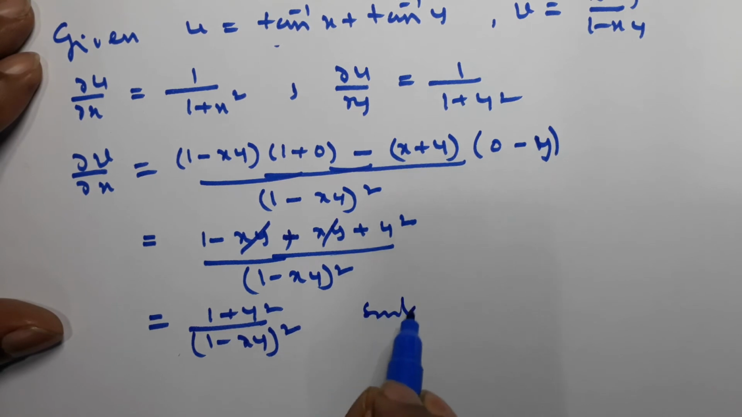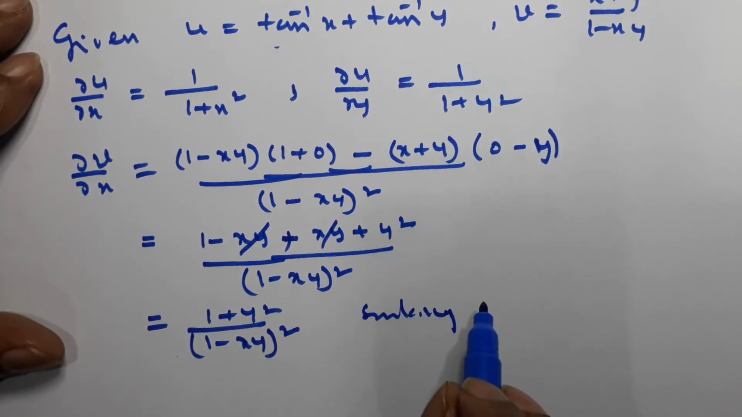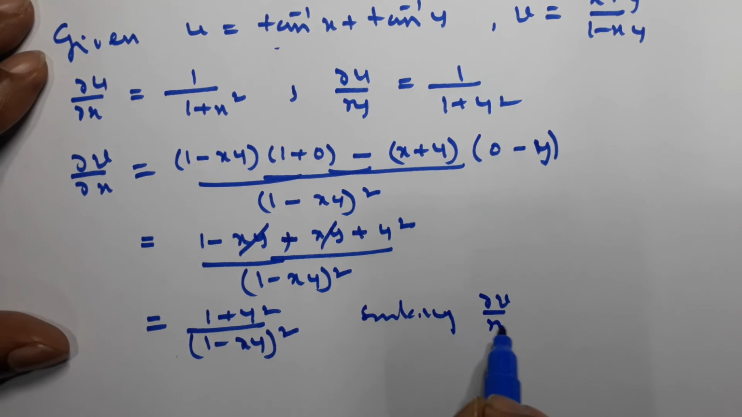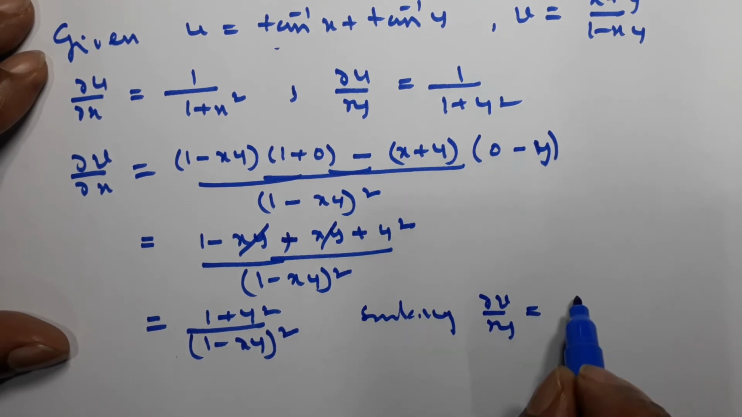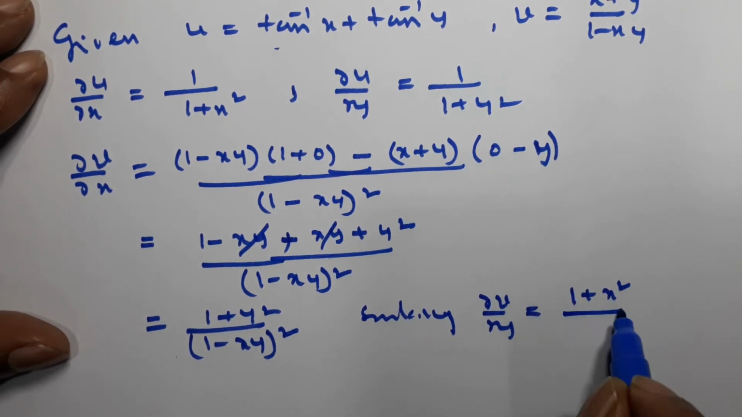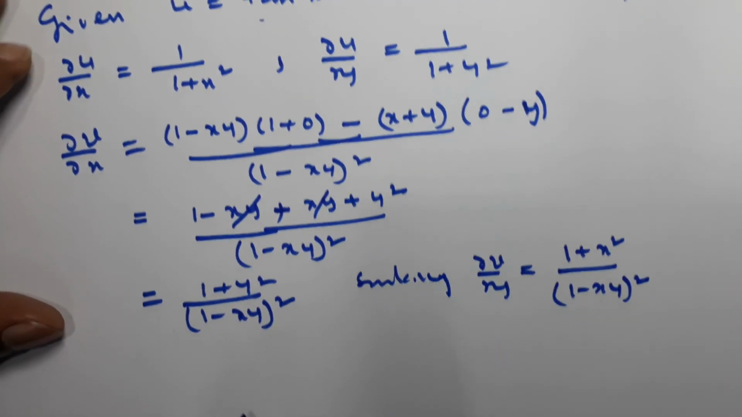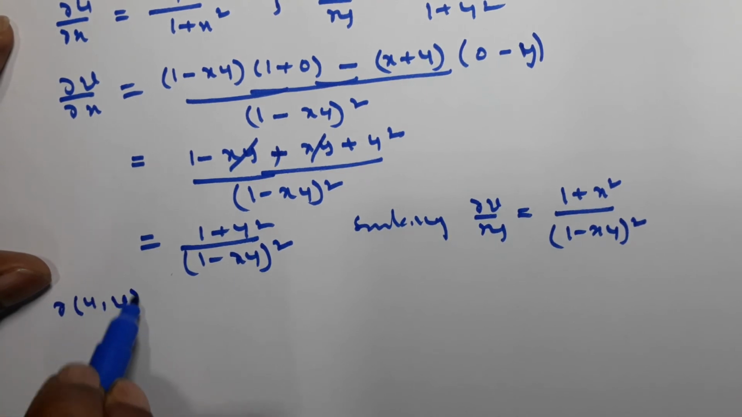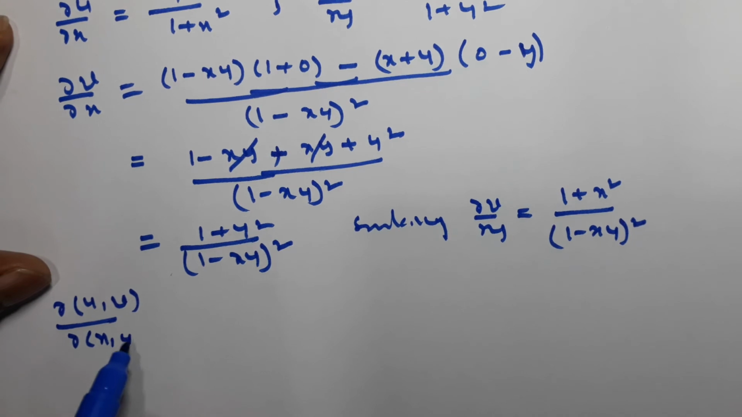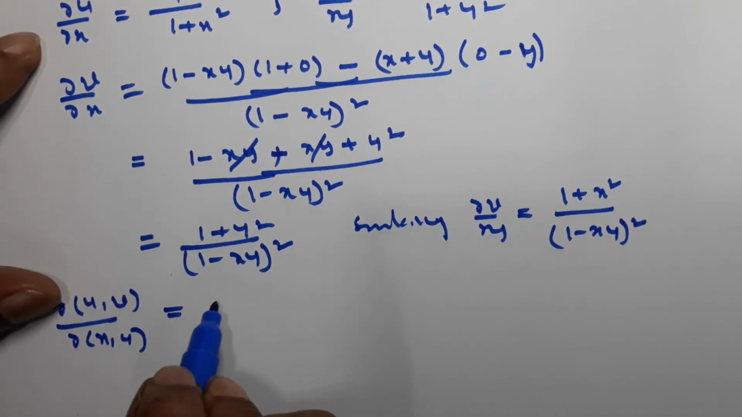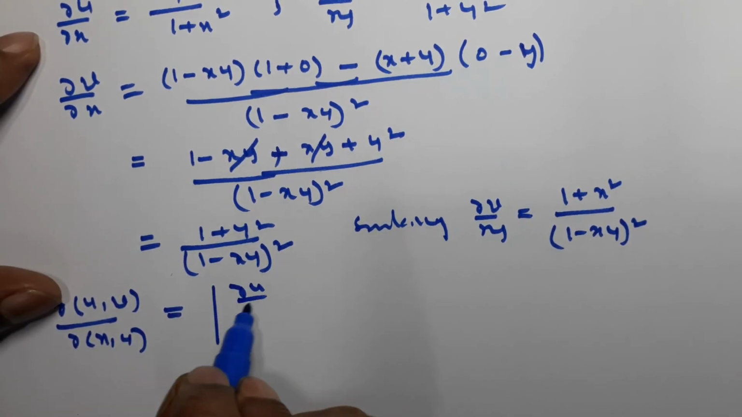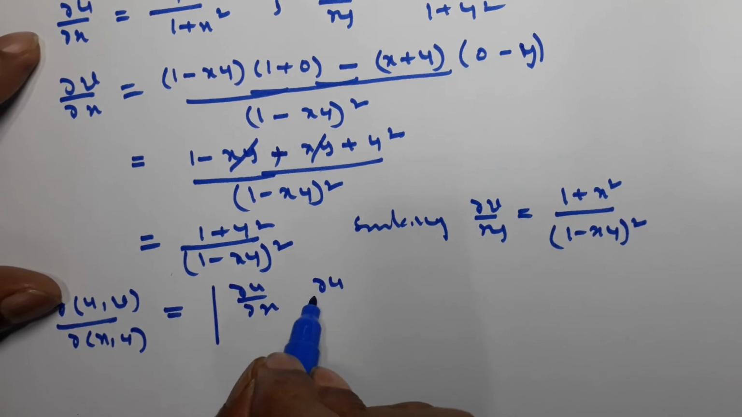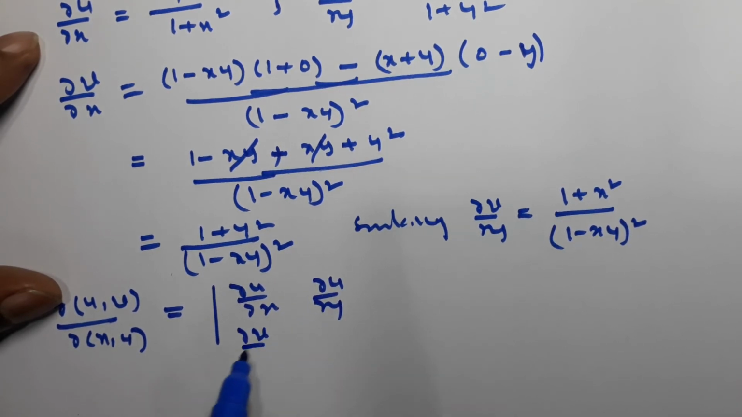Similarly, ∂v/∂y is equal to (1 + x²)/(1 − xy)². Now the Jacobian ∂(u,v)/∂(x,y) is equal to the determinant ∂u/∂x, ∂u/∂y, ∂v/∂x, ∂v/∂y